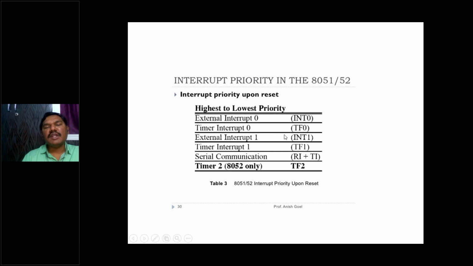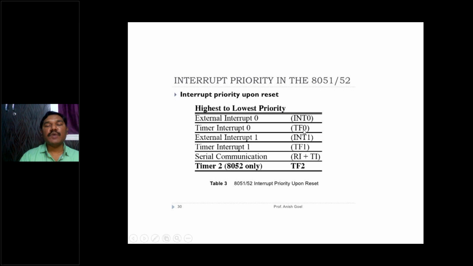Why do INT0 and INT1 have the highest priority compared to timer 0, timer 1 and serial communication? Suppose we have a laptop, and we are watching a movie and your friend comes and connects a pen drive. What happens? Will you keep watching the movie continuously, or will you put it on pause? Definitely we'll pause the movie and say, yeah, please use it, I'll watch the movie 5 minutes later. Why do you do that? Because this pen drive is connected externally. When an external signal is coming, it has the highest priority. That's what is called the highest priority, INT0 and INT1.